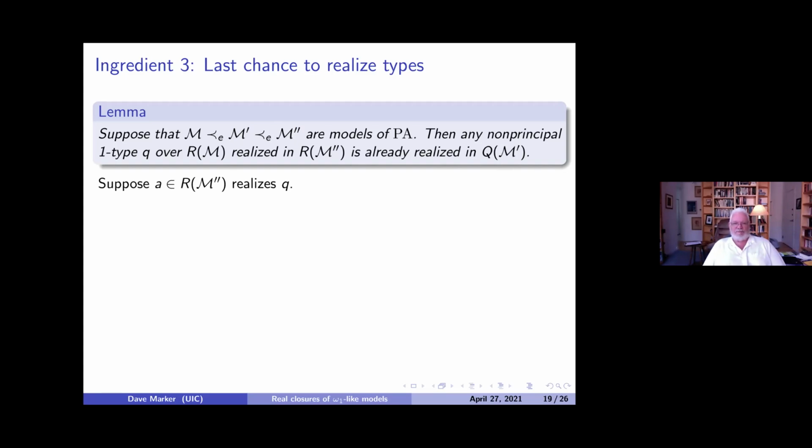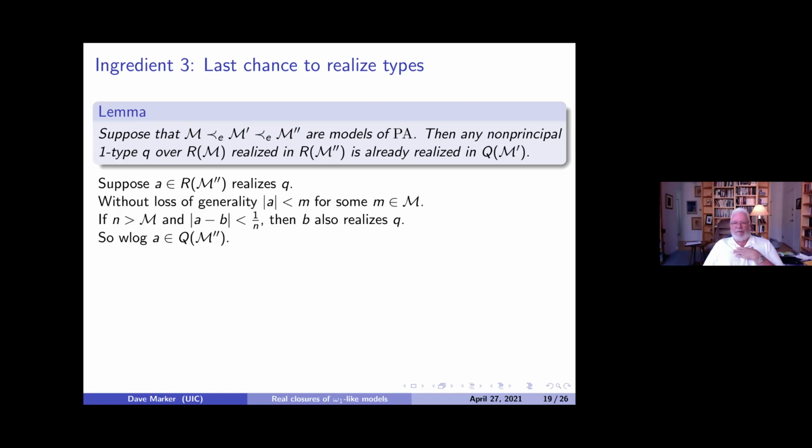Okay, so this lemma is going to be one of the ways we try to control the real closure by controlling the models of PA. So suppose I have a realization in the third model. I may as well assume the type is bounded by an element of M. If it's the type at infinity, well, then we know it's realized in M prime. So that's no interest. So let's assume that the type is bounded. And just the way that types work, again, types in ω-minimal structures, so in real closed fields, look like cuts. So if I take anything in M prime or M double prime that's bigger than M, and I take something that's really close to the realization of the type, it's also going to be a realization of the type. So without loss of generality,